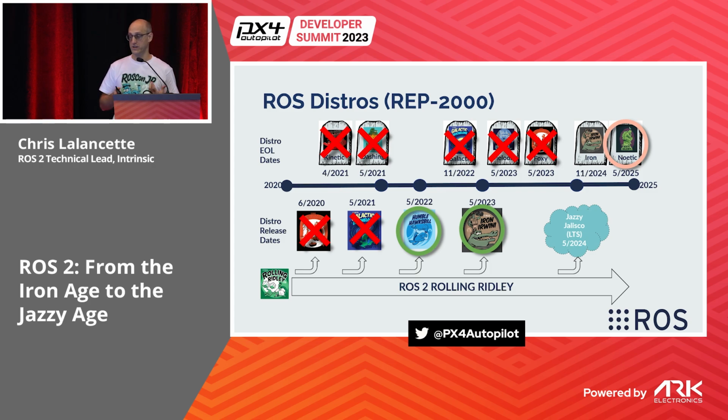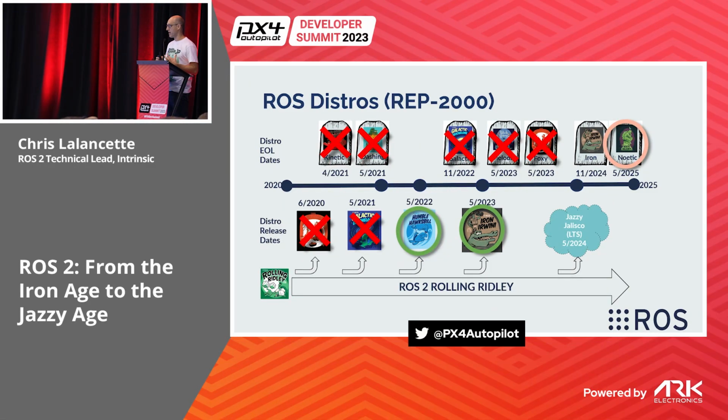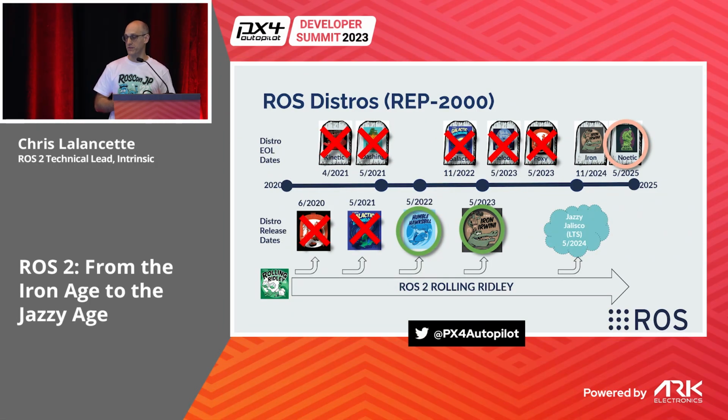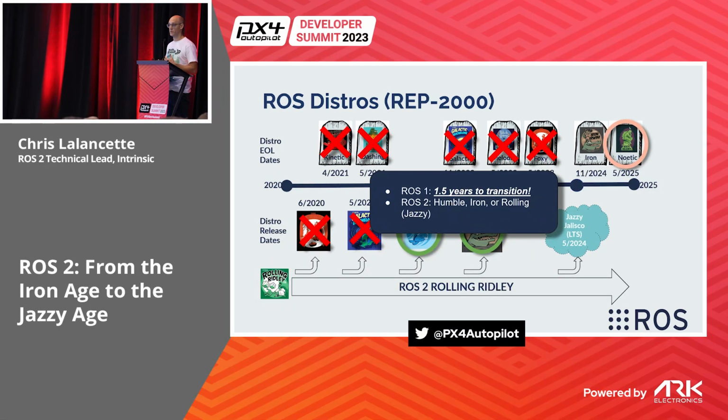In the next slide, though, you'll see what is currently supported. Right now, for ROS 2, we support Humble, which came out in 2022, and Iron, which just came out in May of this year. One other important thing to keep in mind, I don't know how much it matters to this community, but Noetic is our last ROS 1 release. That is supported until 2025. After that, all support for ROS 1 will be completely community-based. So if you're still using ROS 1 for anything, you have about 1.5 years of transition. Really think about starting that transition.